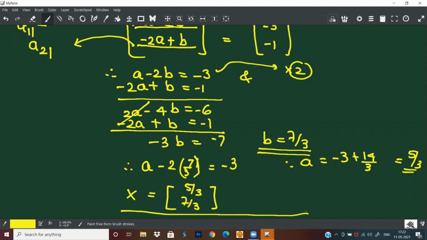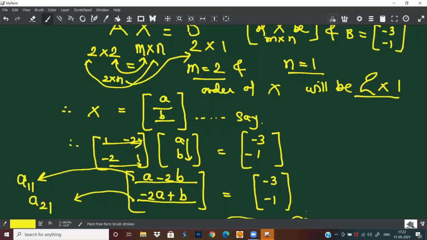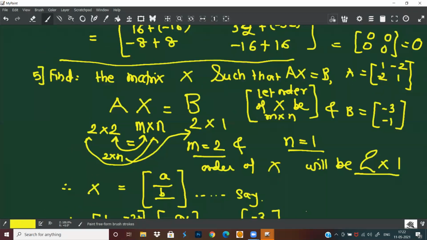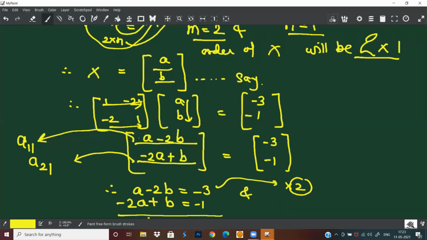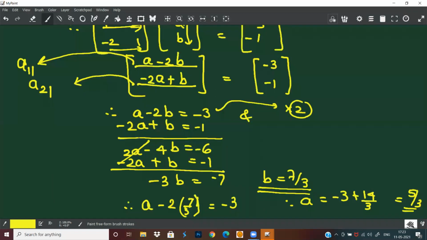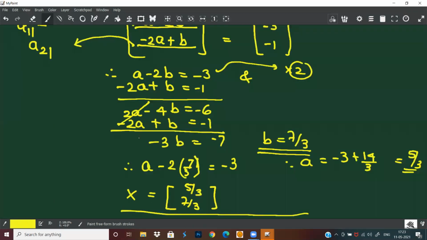So right from getting the order, first you found the order of the matrix, then you assume the matrix, then you took the product, then you solve the equations, then you use equality of matrices and got the values of the elements of matrix X. कभी ऐसा ऑप्शन देंगे तो लेना नहीं है, ये रॉन्ग ऑप्शन है, it is a column matrix. हाँ, ओके।